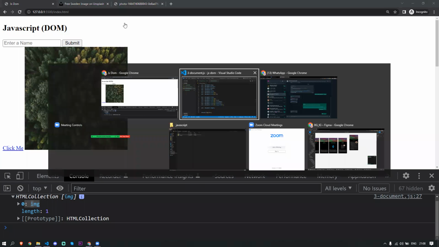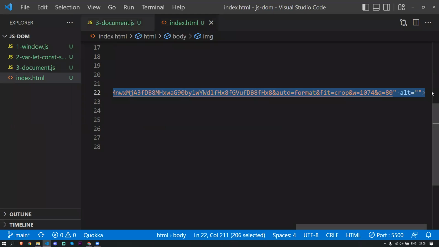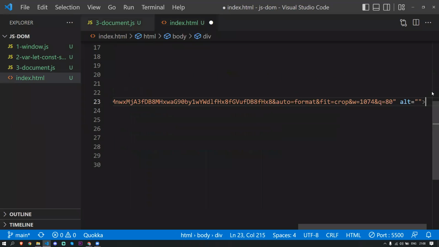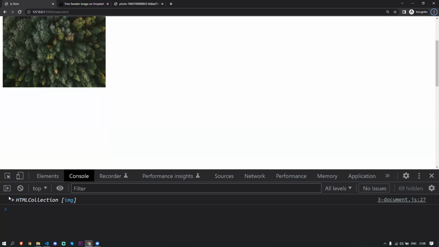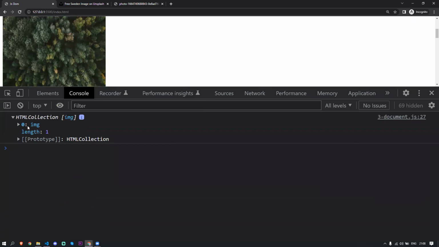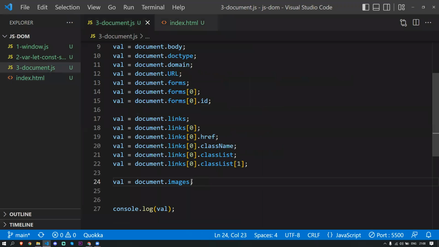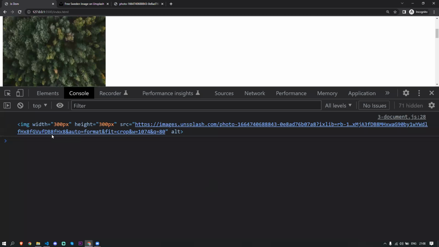Because it's an inline element, I'm just going to wrap this inside a div. I'll put the block level element and I'll keep it here. So now we get the image at the bottom. We have the image in the 0 index, and in the 0 index we have a lot of things. So we don't need this. If I want to access the particular image, I give 0. That returns me the actual